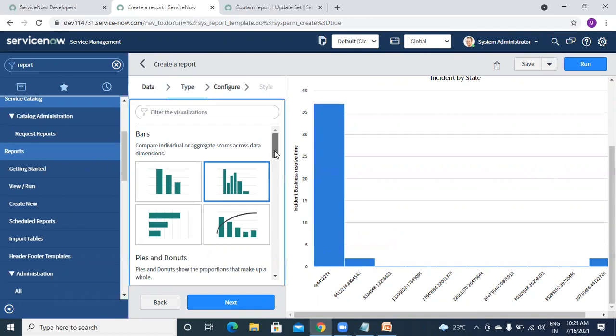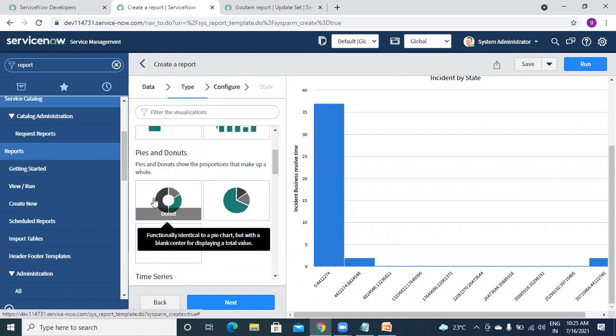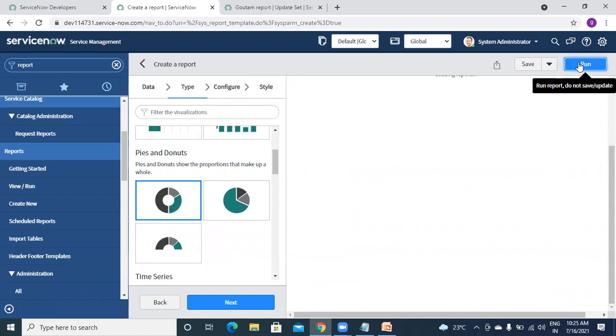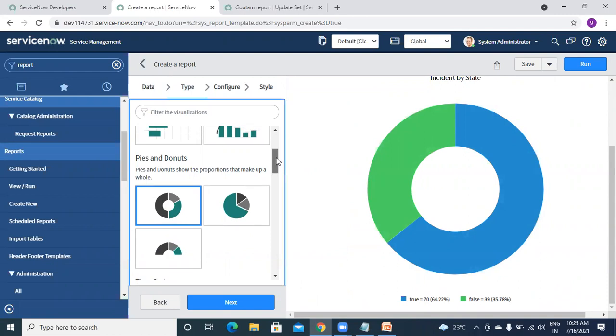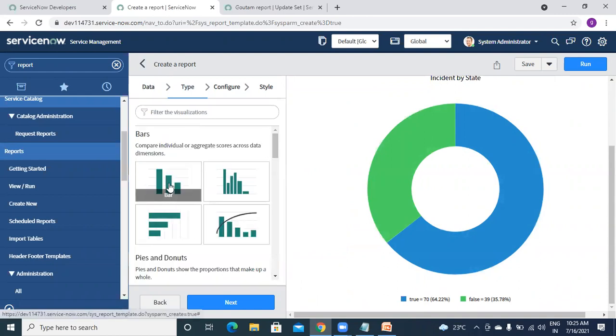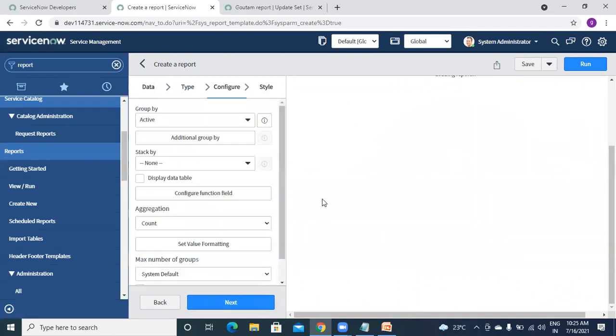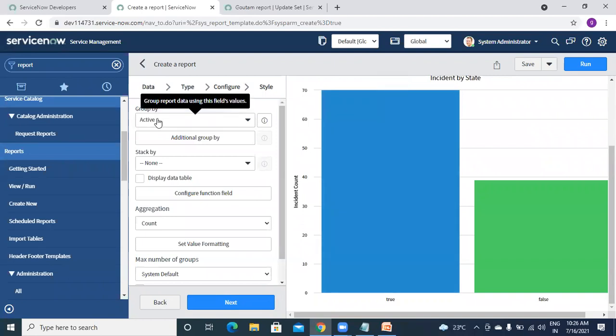You can select this donut and just run it. Okay, so it is showing true false, true false. Maybe it is based on breach or something, or just active or not active. Okay, so I am selecting this one. Yeah, okay, by default it is showing active or not active, that's why.